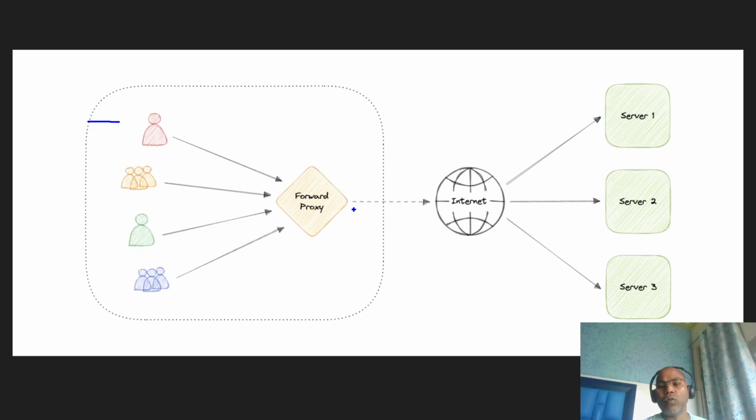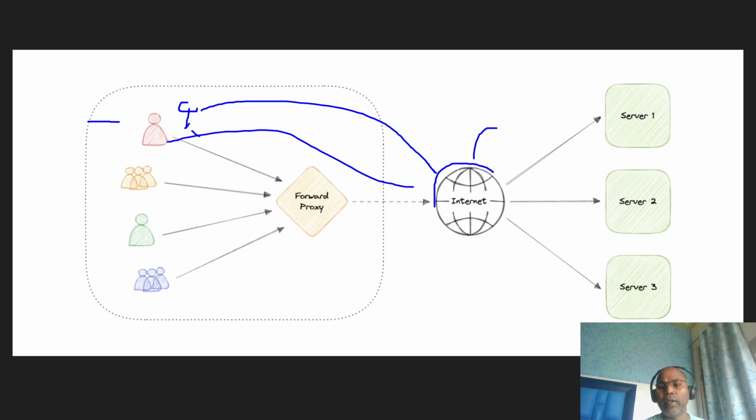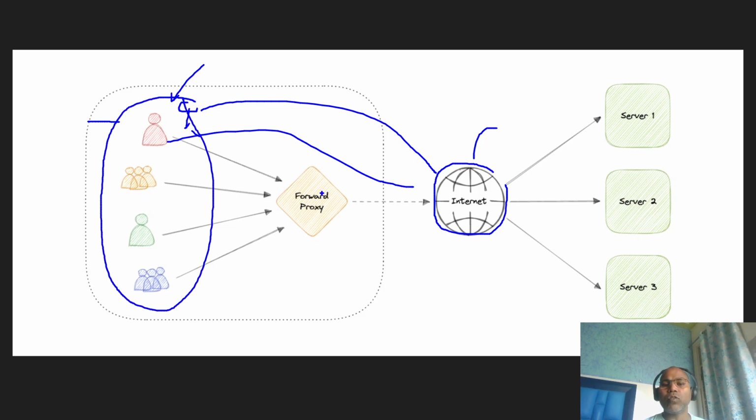If every employee went directly to the internet, then everyone on the internet would know your employees' private IP addresses. Instead, all the client requests go to one forward proxy, and the forward proxy uses one common IP, maybe the organization's IP. Through that they connect to the internet, and from the internet to a specific server.